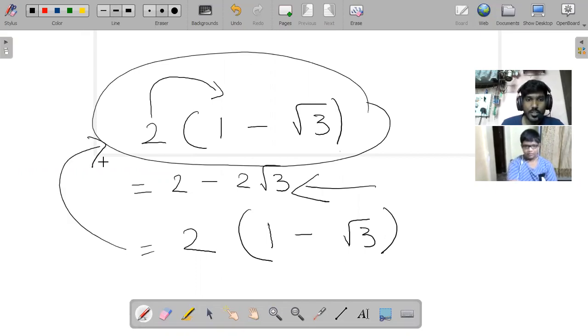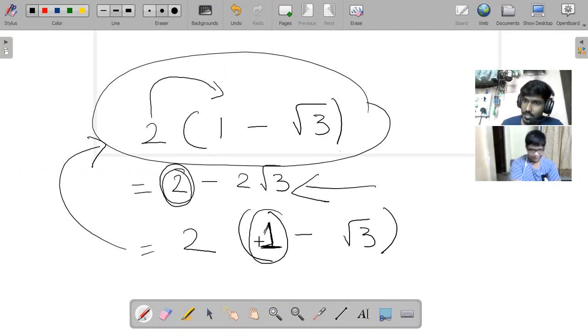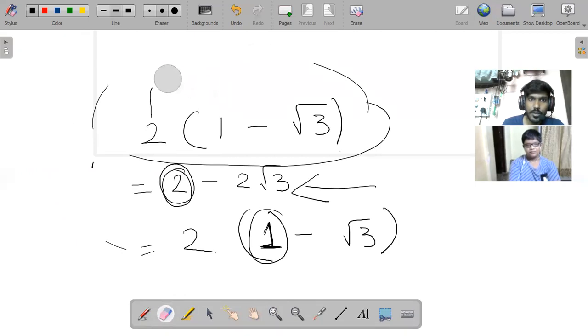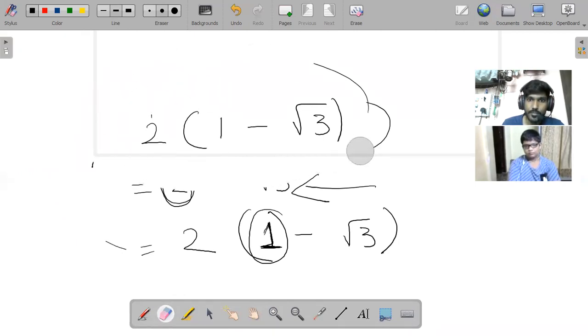Can you see what is happening? From here, when you took 2 common outside, inside what remained? What remained inside? 1. Correct? Okay. So whenever you take a number common outside,